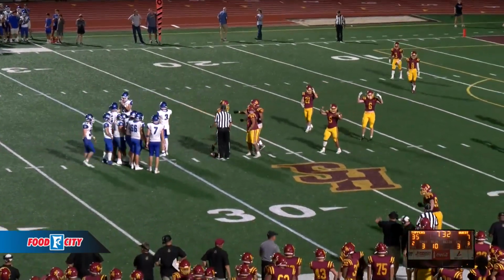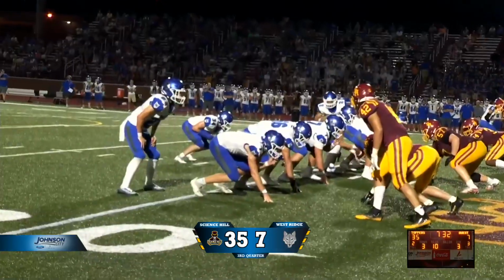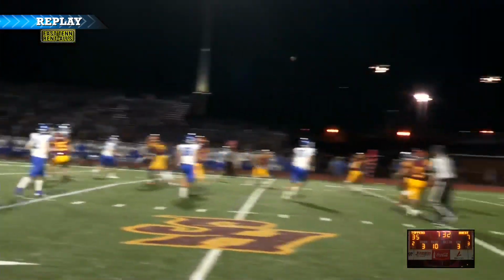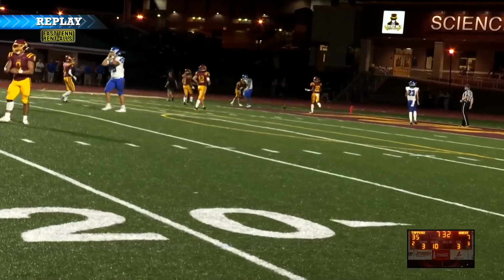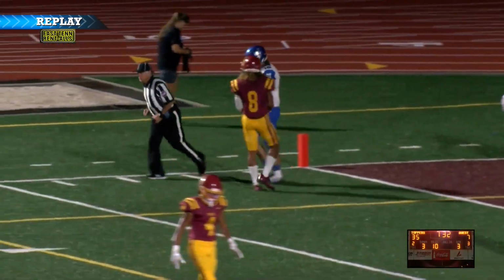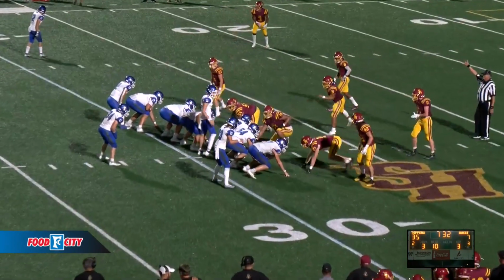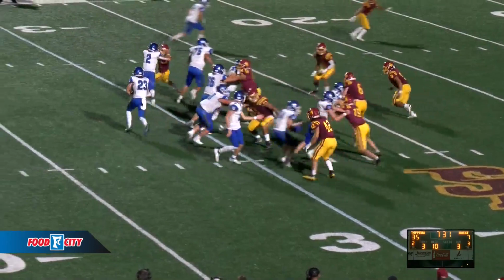Great play call, perfect execution. Over the shoulder, Bryant just couldn't haul it in. Watch here again. Frazier gets back, almost has a collision again in the backfield, looks downfield. Man's wide open. You got to make the catch. Puts it right where it needs to be. The East Tennessee Rental replay there shows just how close Westridge was to striking pay dirt, and instead now they hand the ball off to